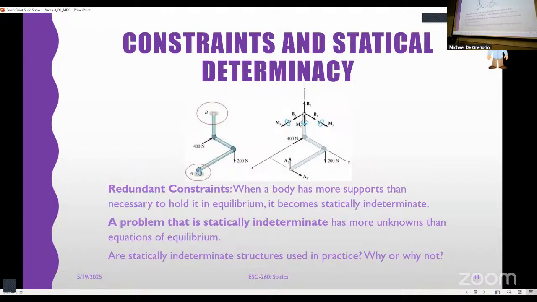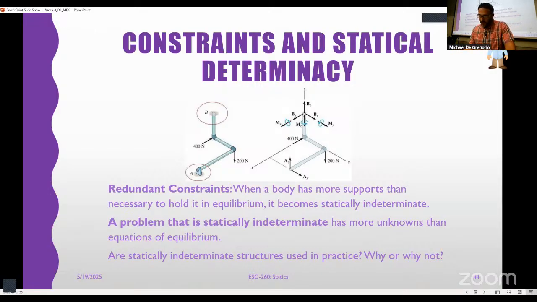And that's not necessarily bad, right? Because maybe you're anticipating multiple types of loading. So in a certain condition, something doesn't come into play. But if I were to flip how I put force on it, maybe then it comes into play, right? So redundant constraints are typically seen as good because they allow us to have redundancy in our system, and it's typically a safety factor, right?